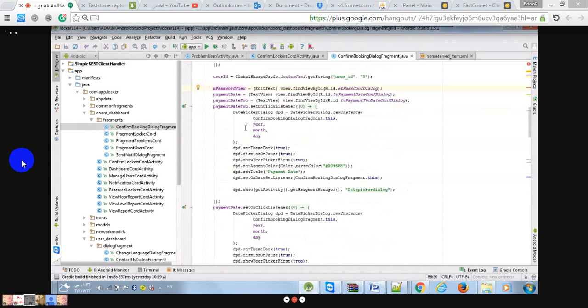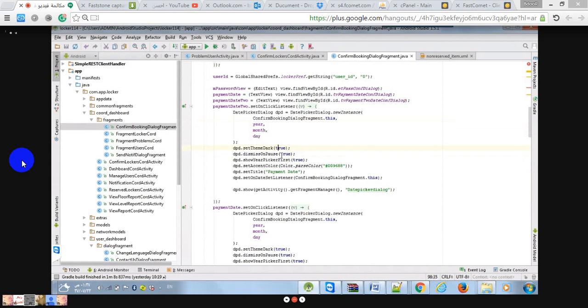Now if the user clicks on any of these two text views, it will open up the date picker dialog, initializing it with the year, month and day we set by fetching from the phone whatever the day is. These options: theme dark true, if you set it false it will be white instead of black. Dismiss on pause,